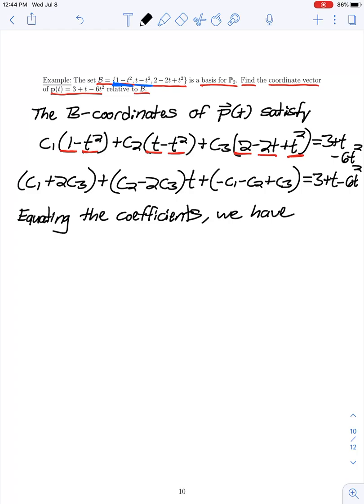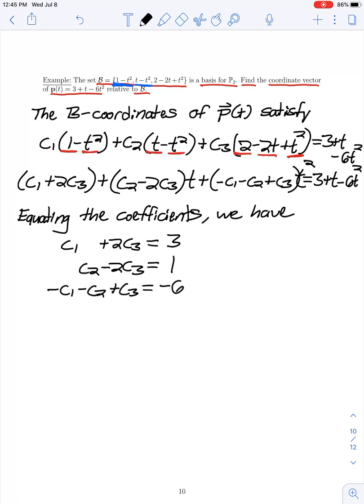So equating the constant coefficients, we have 1 c1 plus 2 times c3 is equal to the constant 3. The t coefficients give us 1 c2 minus 2 c3 is equal to 1 times t. And then our t squared coefficients give us negative c1 minus c2 plus c3 is equal to negative 6. So we need to solve this system for c1, c2, and c3, which we can do by making use of